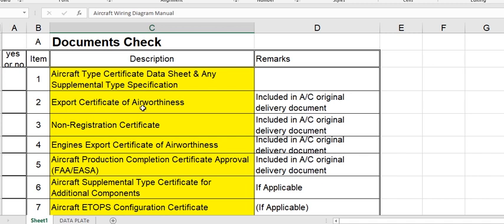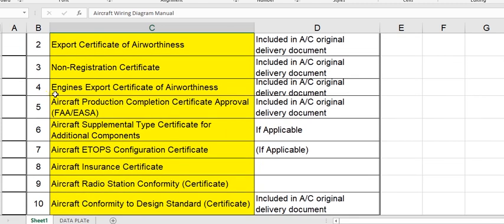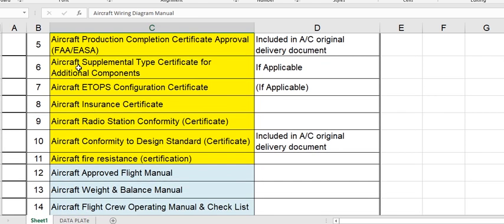Export certificate of airworthiness, non-registration certificate, engine export certificates like the airframe, aircraft production completion certificate approved from FAA or the other, aircraft supplemental type certificate for additional components, aircraft ETOPS means